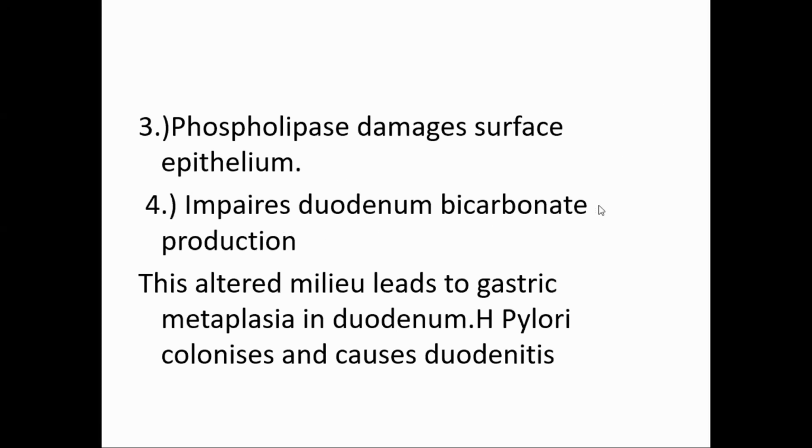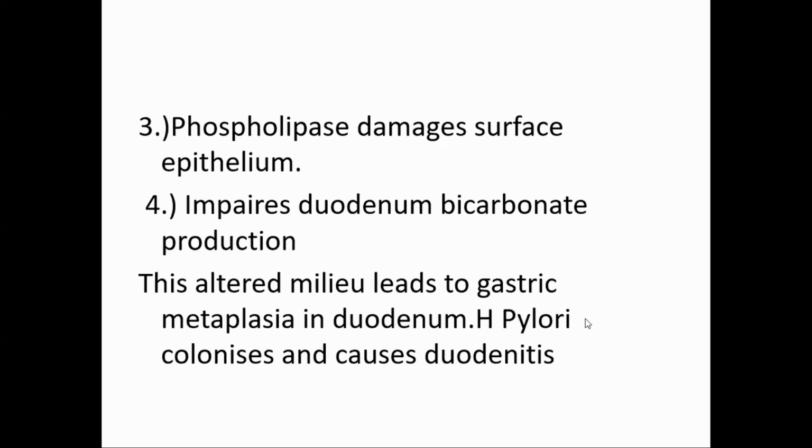gastroesophageal junction. Here it is a gastric metaplasia of the duodenum. It is the intestinal gland which becomes gastric. Why? Because it is more resistant to the acid. So gastric metaplasia of the duodenum, and that gastric metaplasia epithelium will be infected by H. pylori, and that will lead to duodenitis, inflammation of the duodenum, and ulcer. So that is the mechanism. The main thing is whether it is pyloric gastric ulcer, gastritis, or duodenal ulcer, it is duodenitis. So that is the main point.